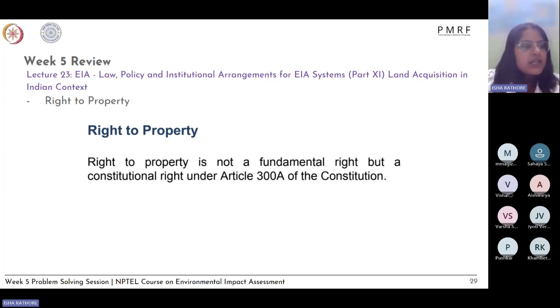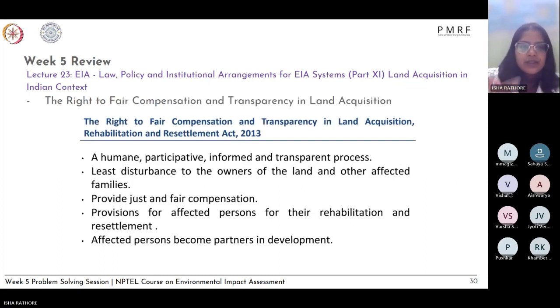But this property can be acquired. For example, the government can acquire a property for a development project, which is for national security or for building roads or for development of infrastructure. So anything which is for national or public use development, the government can acquire this. So you don't have a fundamental right to property and you cannot challenge that. You would have to agree to it, and you cannot press claims for this kind of situation.